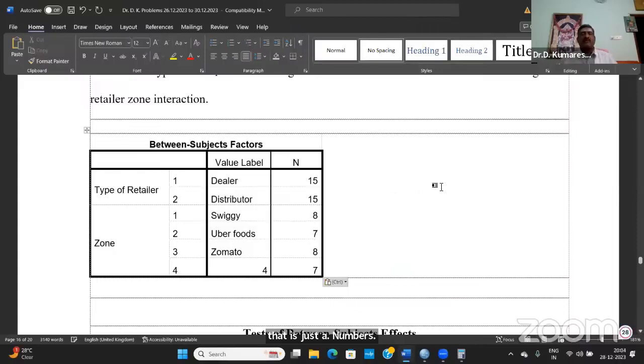Look at here. There are 15 dealers and 15 distributors. N of both the categories is equal. That is not required. Whether it is equal or not, we need not bother. Similarly, here,